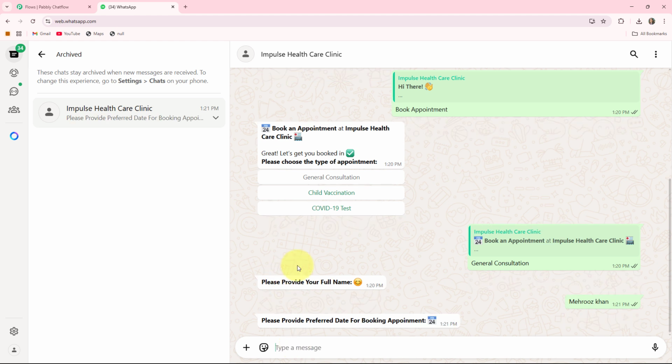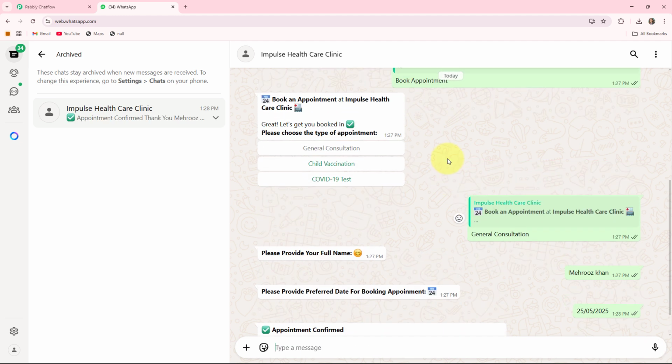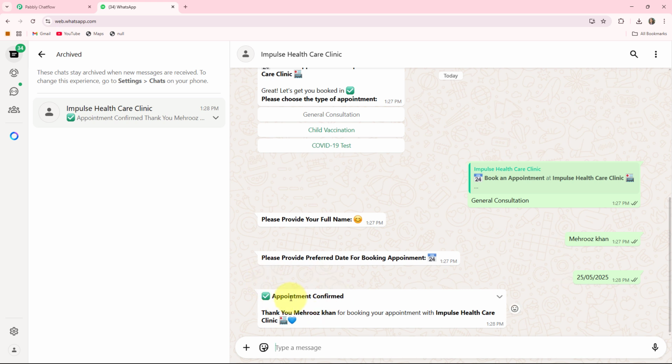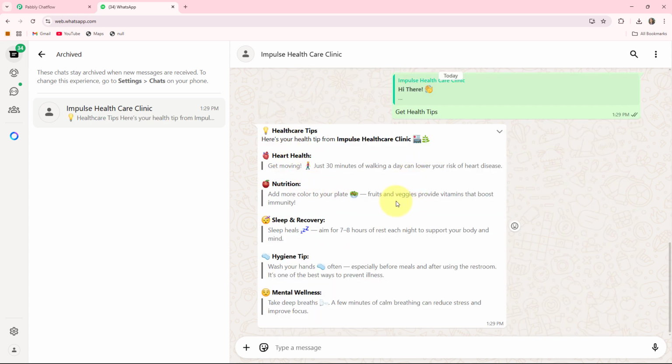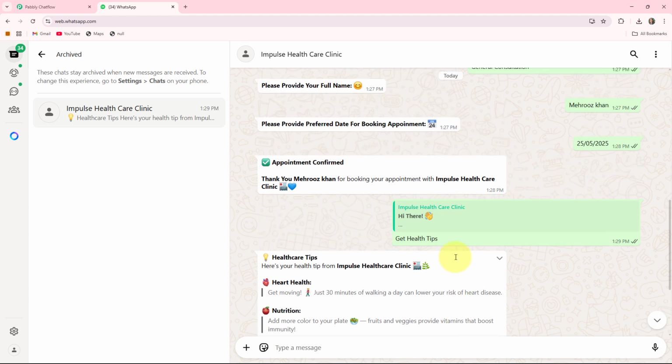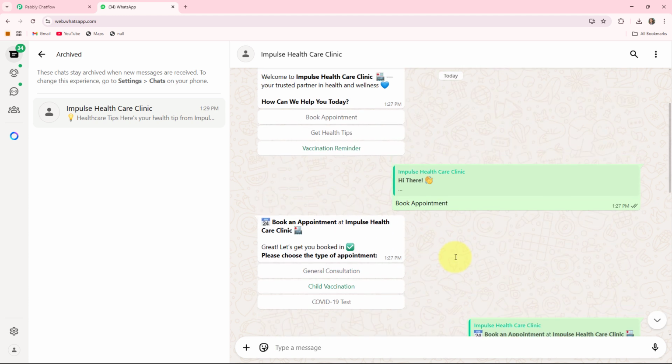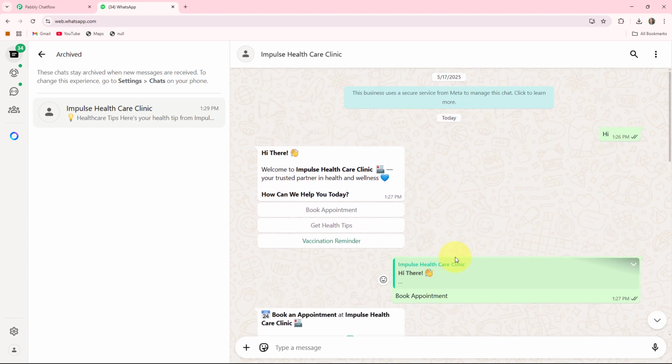After that, you can see it will ask me to provide a preferred date for booking the appointment. Here I write the date. See, the bot will respond to me automatically that the appointment is confirmed. Thank you Mehruz Khan for booking your appointment with Impulse Healthcare Clinic. Here you can see it responds to me by my name. If I click on get health tips, then it will provide me some healthcare tips. So basically this is how your chatbot will work and how your bot will respond to your patients